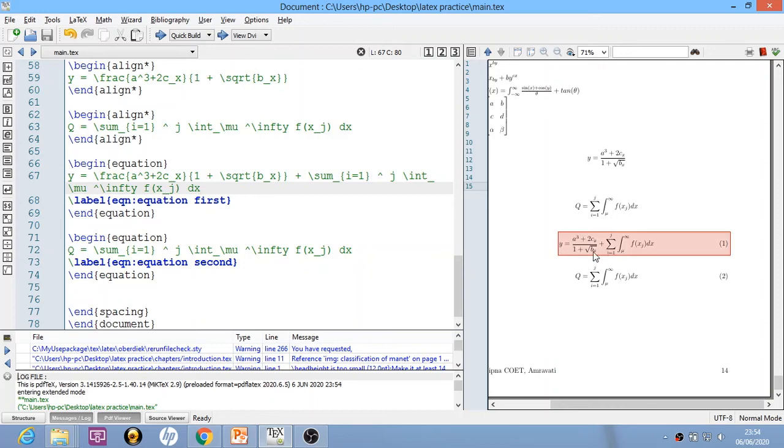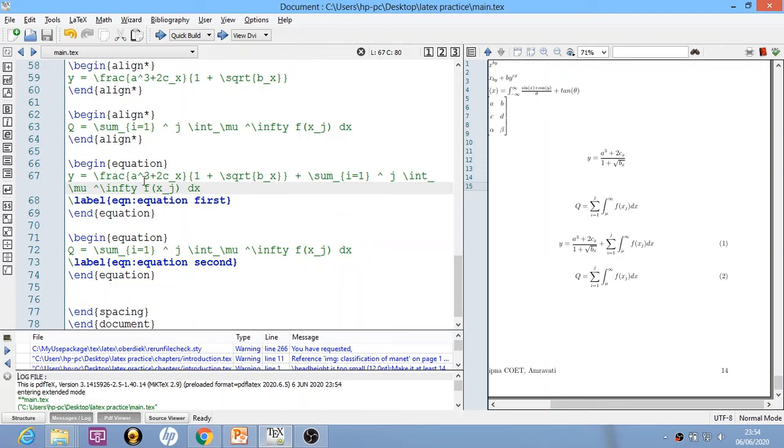So you can see that just by going on adding the tags and necessary symbols, you can get the desired equation very easily. It may seem a little complicated at first, but once you get used to it, it will be much easier.